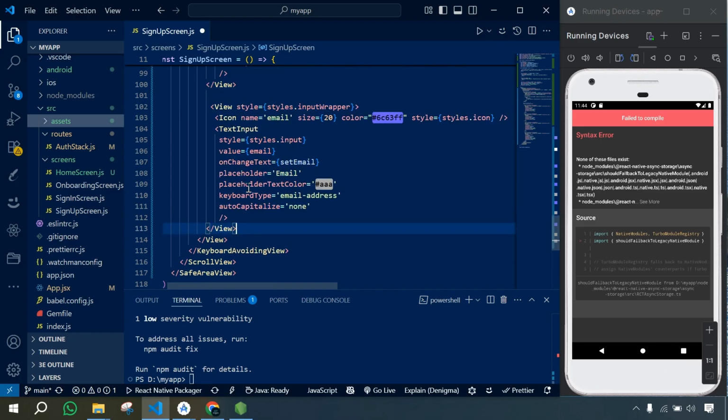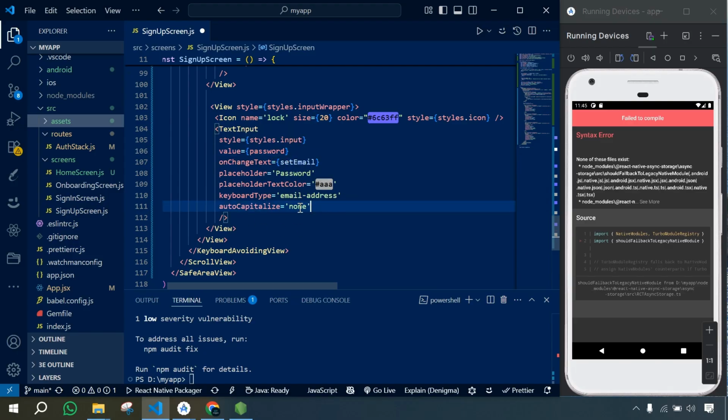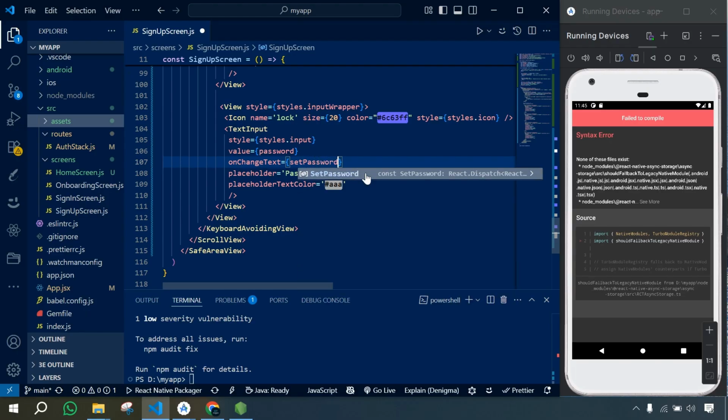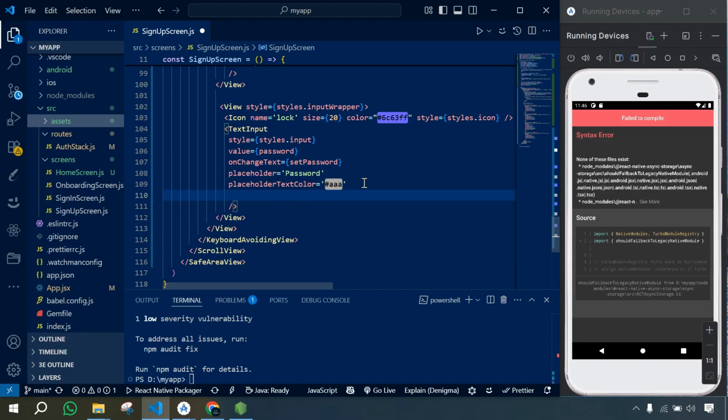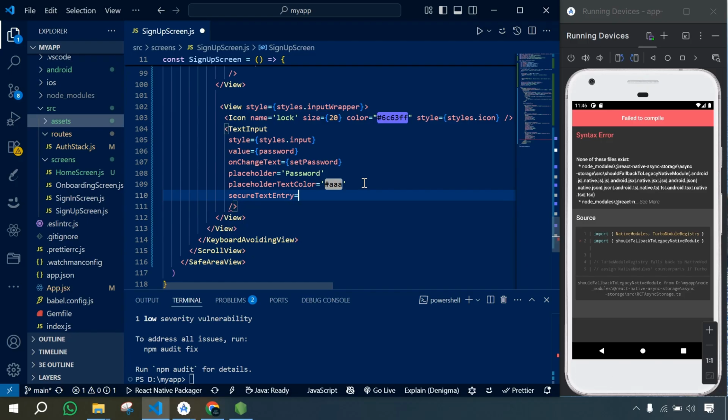So Ctrl C, Ctrl V. So here instead of email we'll use lock, and then in text input style.input, and placeholder will be password, and then text color will be the same, and then value will be password, and on change text we don't need this and this, and onChangeText will be setPassword, and then we need to add secureTextEntry, it will be secure,